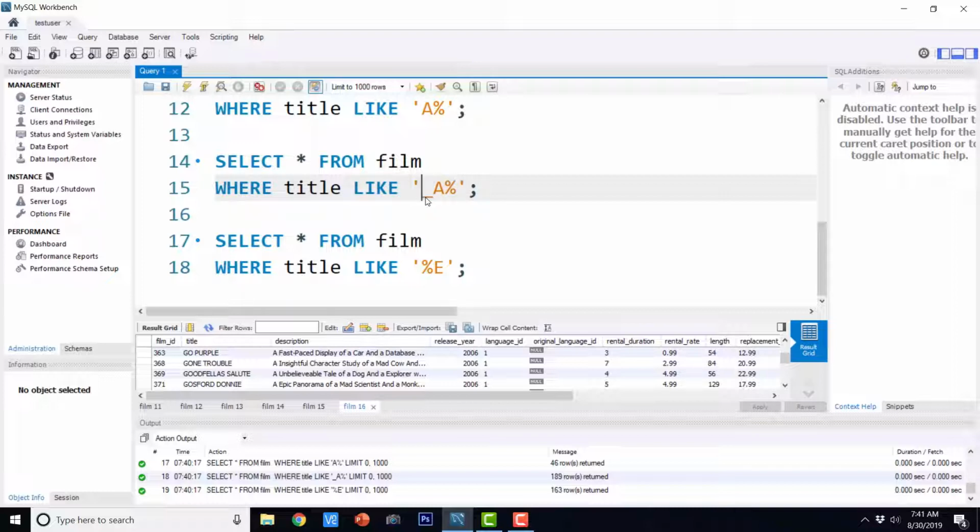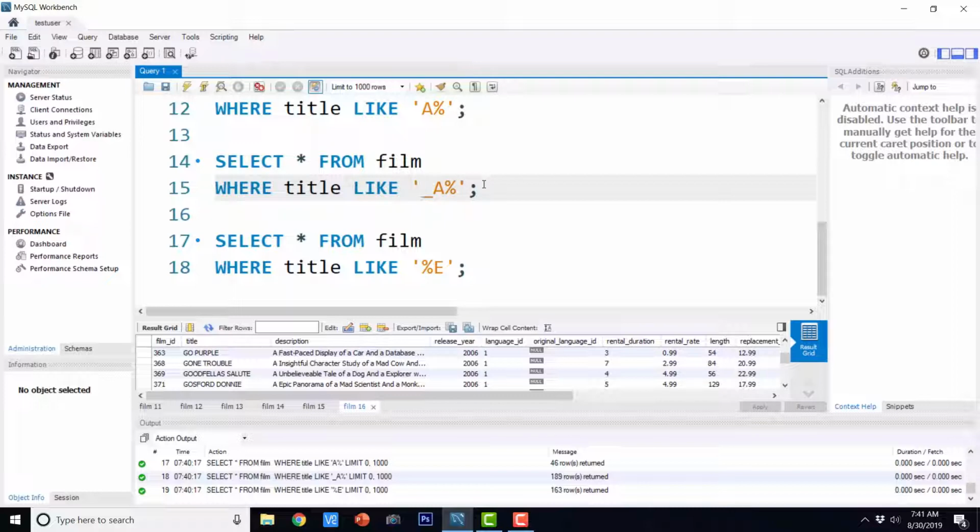Underscore means exactly one character and percent means 0 or more characters, and those could be any characters in our alphabet, even numeric characters and symbols. They could be uppercase or lowercase. So basically our entire ASCII set will be there, whatever is there in the character set of that particular database engine.